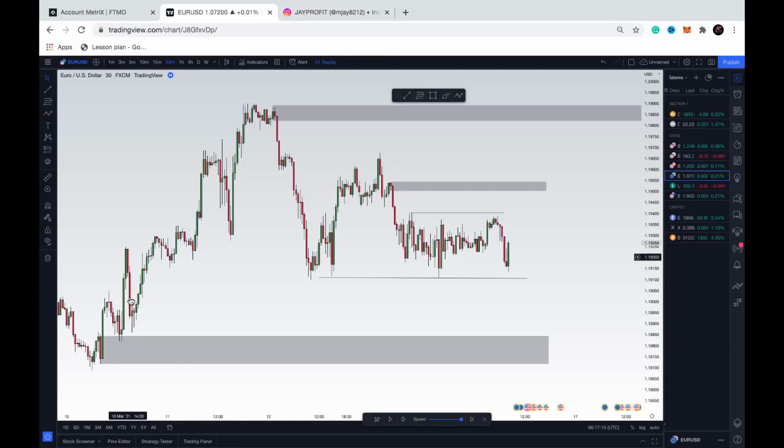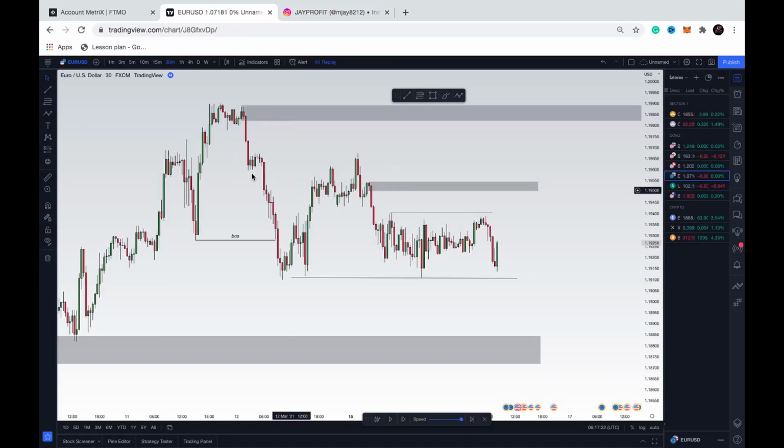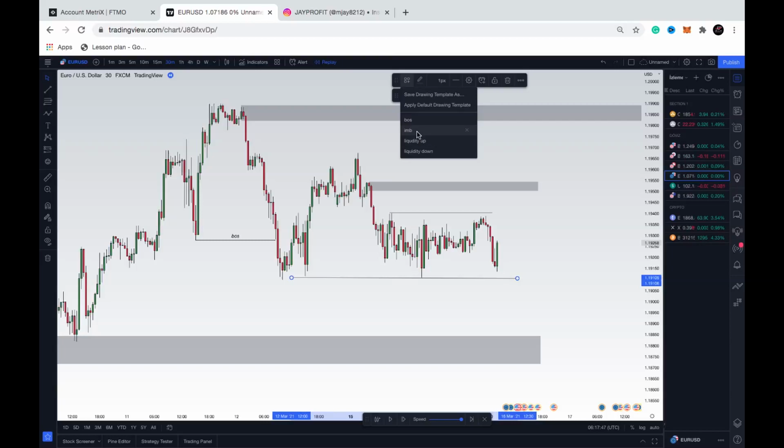Market started building up that structure of higher high, higher low, higher high, higher low, higher high, higher low, right? So right here, what can we identify? You can see a break of structure to the downside, right? On this break of structure, we can see this double bottom right here. So market went into a range. You can see this range in the market right here, and we have this triple bottom right here, 1, 2 and 3. This is an area of liquidity in the market, right? So we'll have this liquidity down here, and as well we'll have this liquidity up right here.